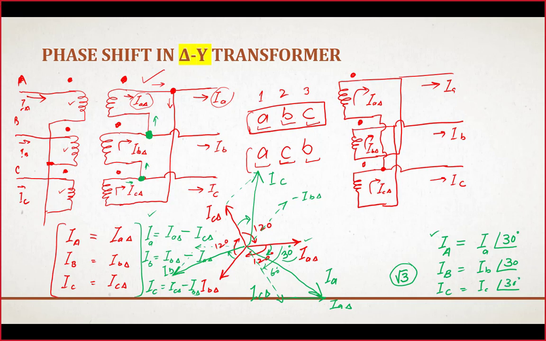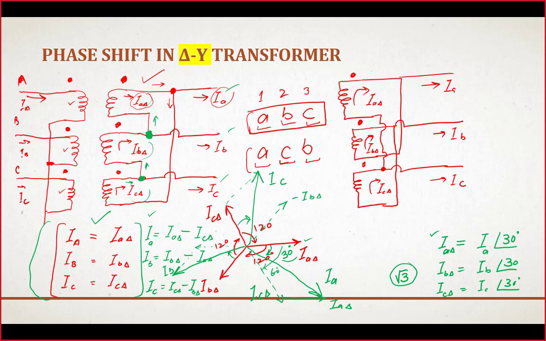Now two side line currents are not in phase, as was the case with the two side internal phase currents. This is due to the delta connection. And if we compare the line currents here, IA, IB, IC, with corresponding delta currents, the same phase difference exists there as well. So I can replace these subscripts A, B, C with corresponding A delta, B delta and C delta. Results are exactly the same in this situation as well, because here is a relationship between these delta currents and the Y side line currents. So that is the phase shift introduced by this delta.